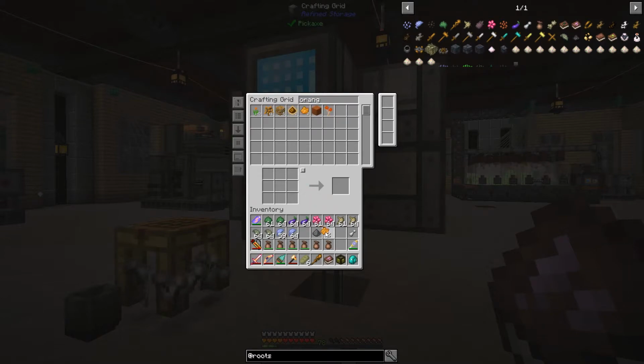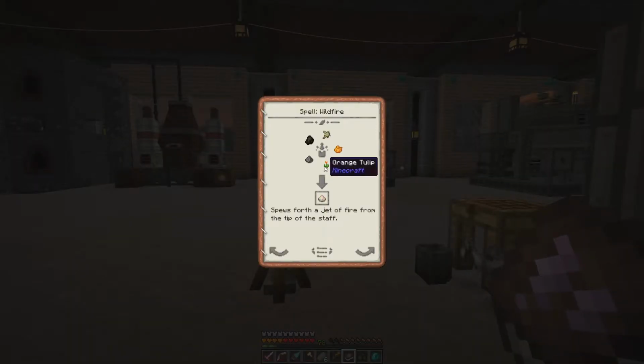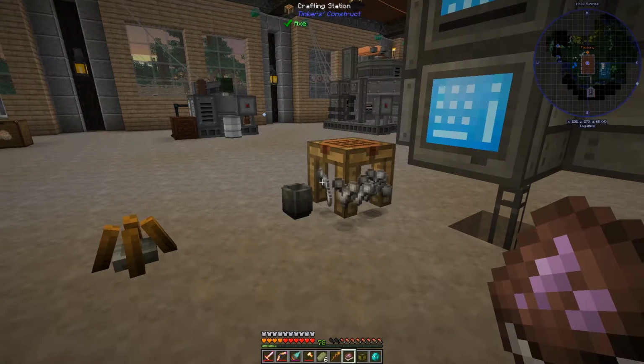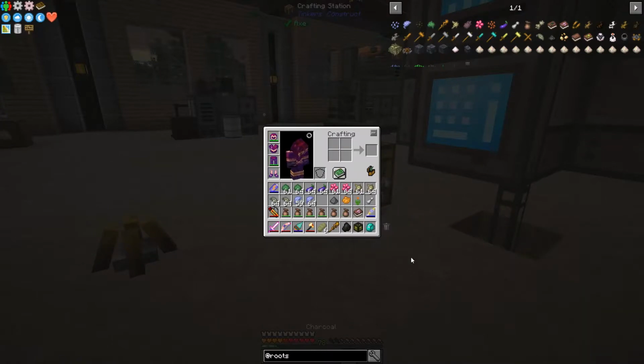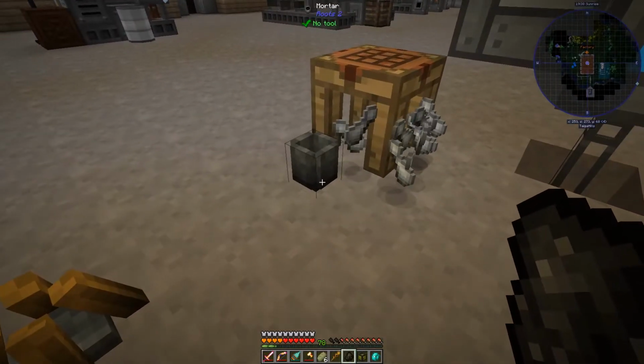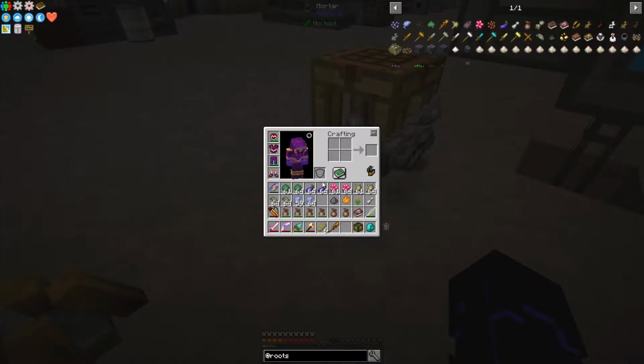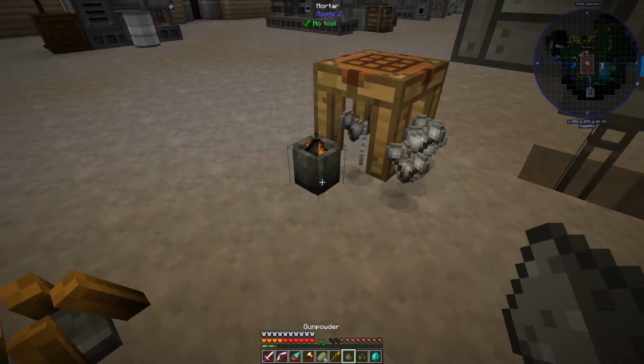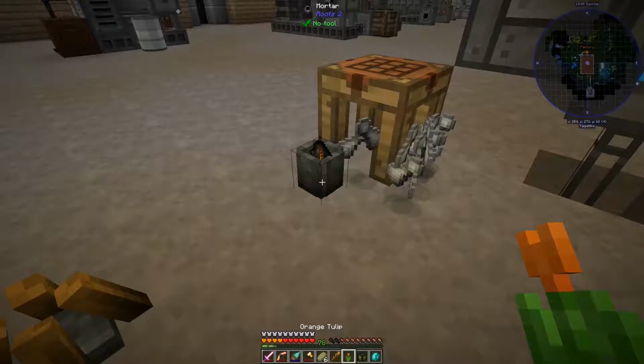Orange dye. Orange tulip. Okay, we need some charcoal and a wild root. Charcoal and a wild root. So we are now going to put all of this into this guy. So I'm going to put in the charcoal and the orange dye and the gunpowder and the orange tulip